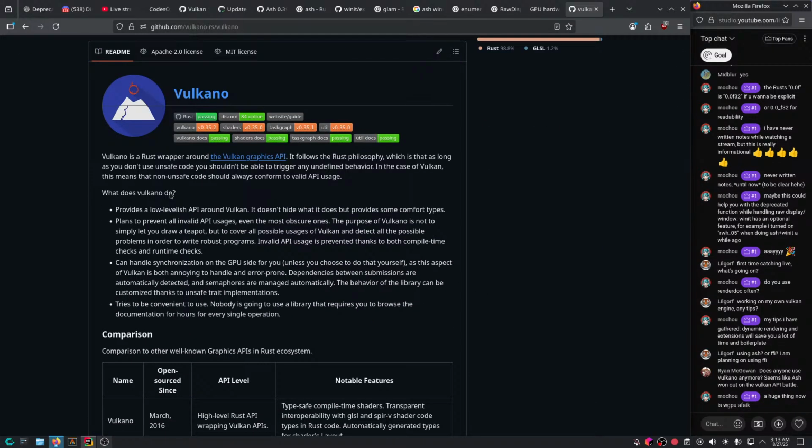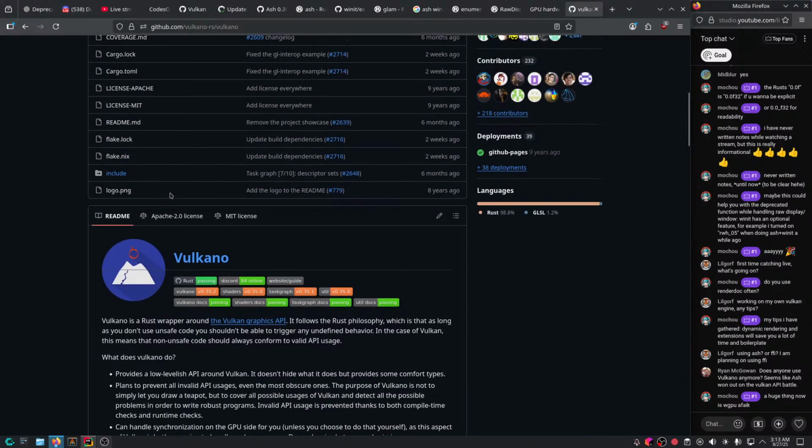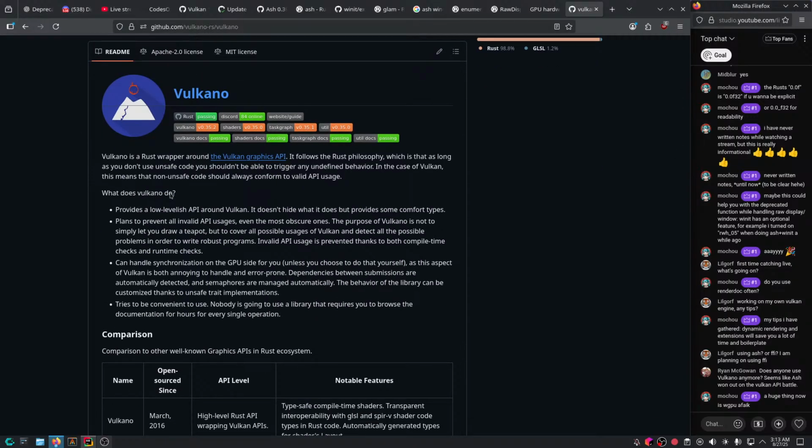Huge thing now is WGPU. Well, WGPU is a bit different though. The problem with WGPU is that it also targets web, right? And it targets all these crazy platforms. So you don't get access to a lot of shiny features, even if they're supported on the platform. So basically, even if your code is running on desktop, you're still limited to the web limits, right?